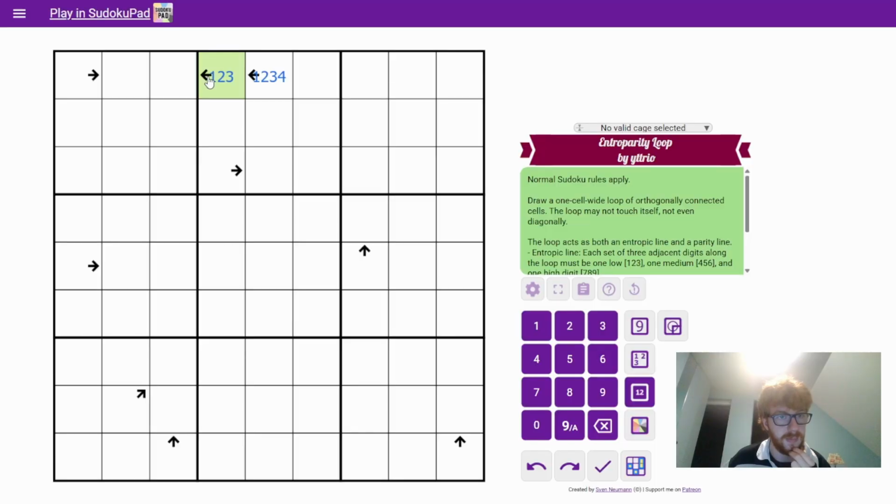So let's think about something else. This needs to see at least one of those cells. Could it ever not see that one? I don't think it can, because the loop cannot turn back on itself. This is always part of the loop. Now, could that be part of the loop? Could that be part of the loop? If it is,